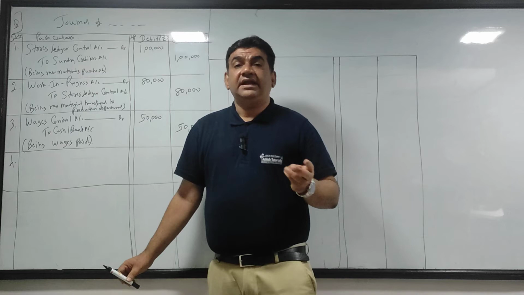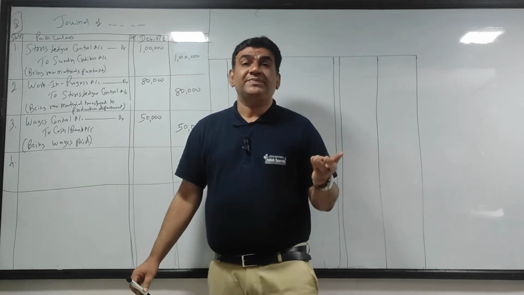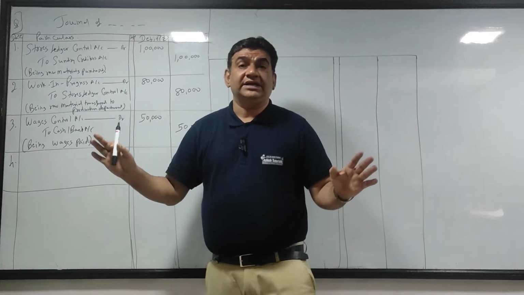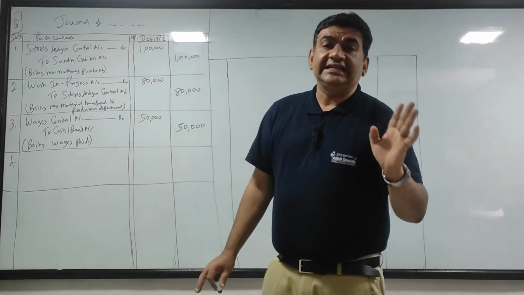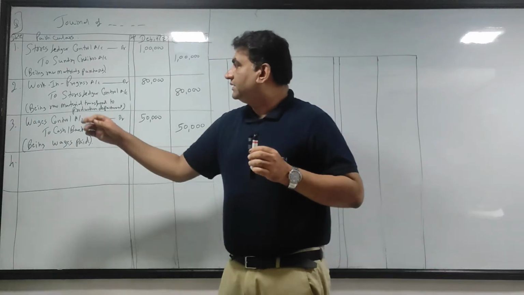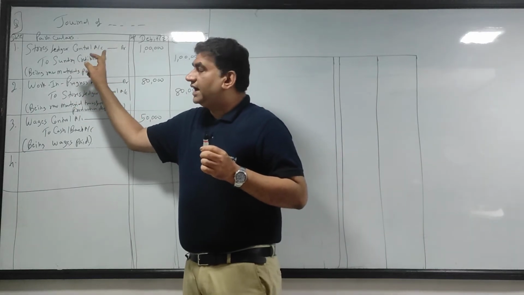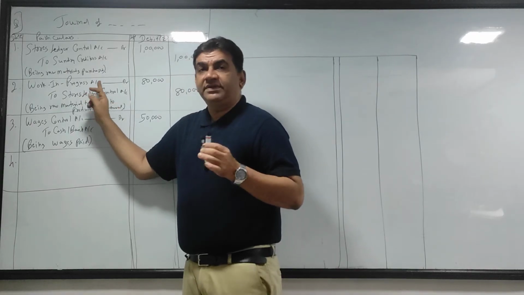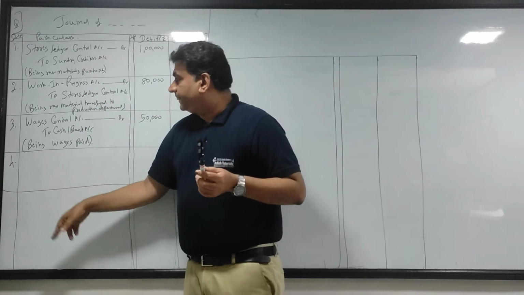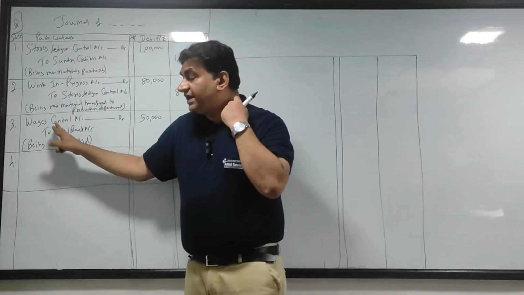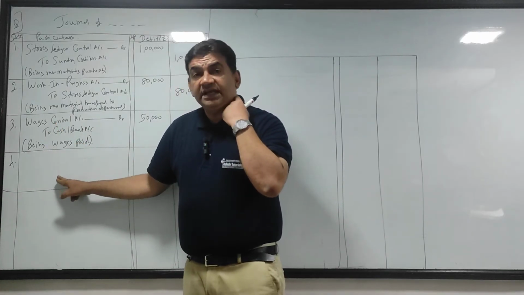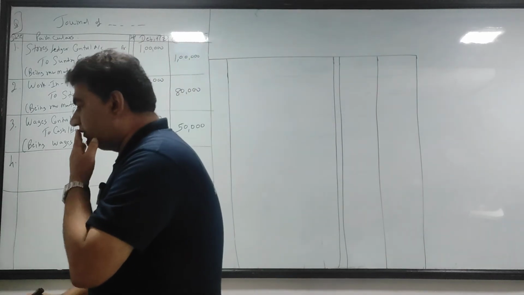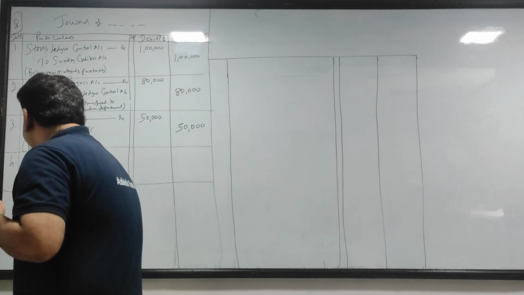Let it be material, let it be wages, let it be any overhead expense incurred in the factory. After incurring, end of the day, it goes to production, and when it is production, it is WIP. So same logic: when I purchased material, I debited stores. Charge to production, I credited stores and debited WIP. Same thing I will do here. When I incurred wages, I debited wage control. Now I will credit wage control and debit WIP. So my next entry becomes